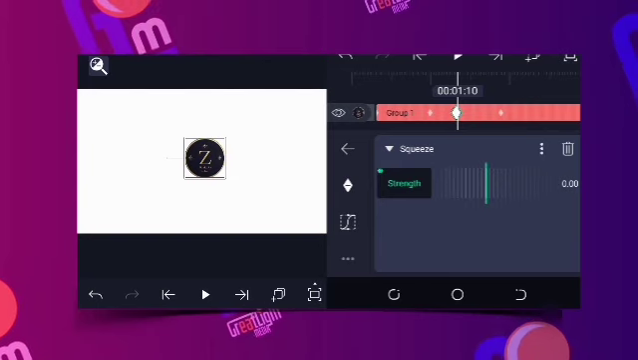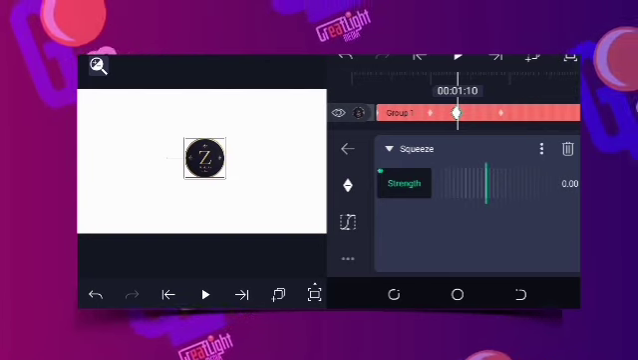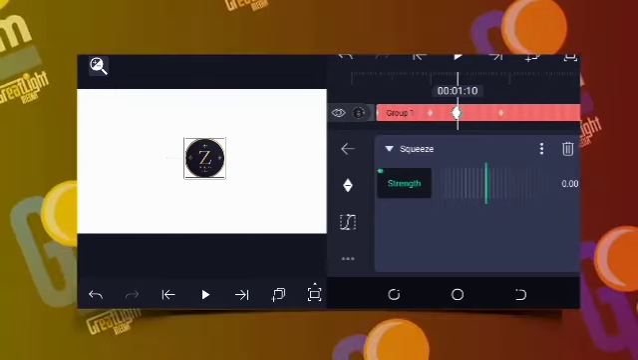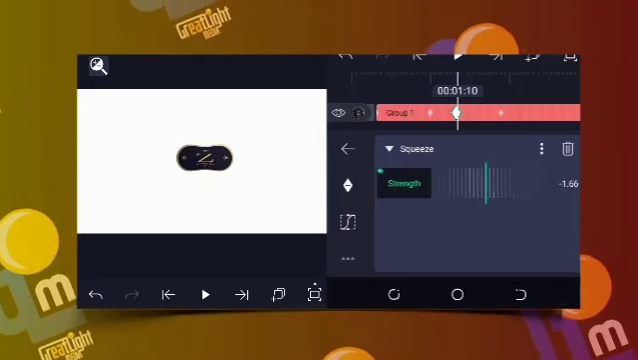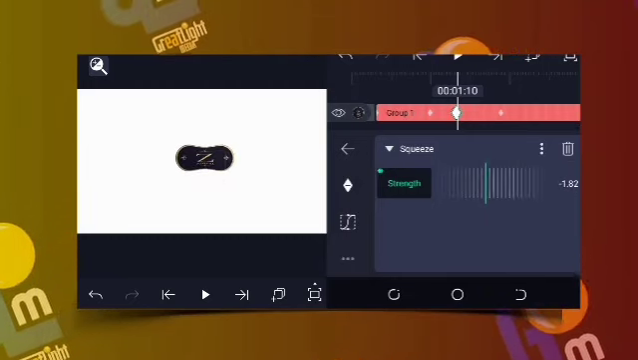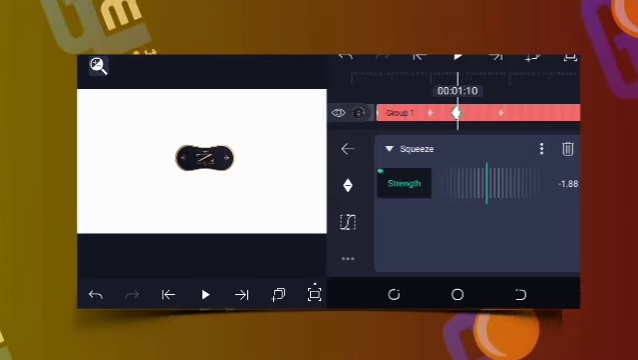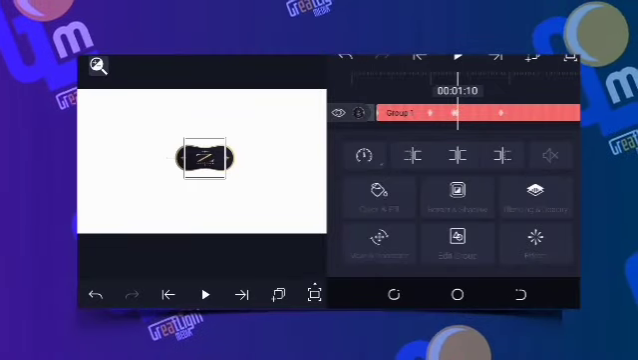Alright. And then what you want to do is that at that 10, you want to ensure that the strength of the squeeze is reduced, is taken to minus 8.8 or 8.9, wherever you want. So I'm going to leave it at 8.8. Then from that